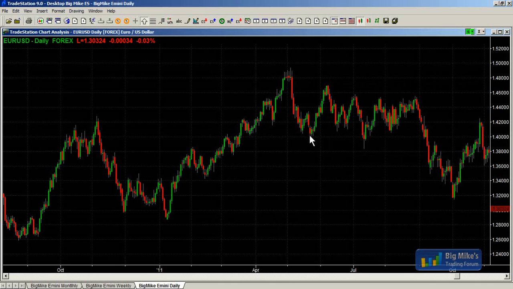A clear move down. You could say that this is already 2 legs down, but when it's basically within a channel, I think of it as 1 leg, and here's a second leg, and this is a second leg down, this is a second leg down, so you can view this as one complex leg down. So I know it's very subjective, but unfortunately, trading is very subjective.